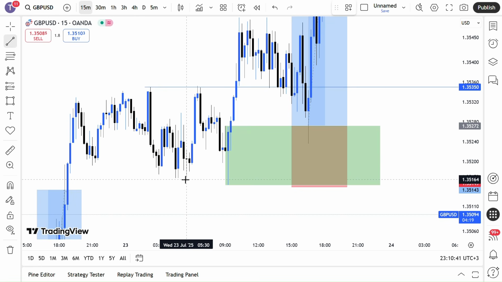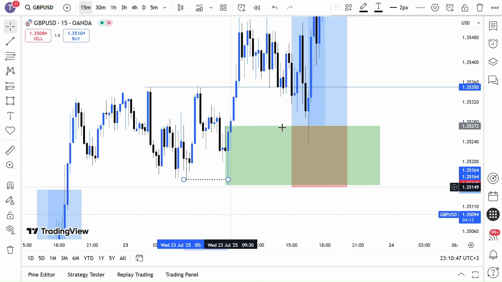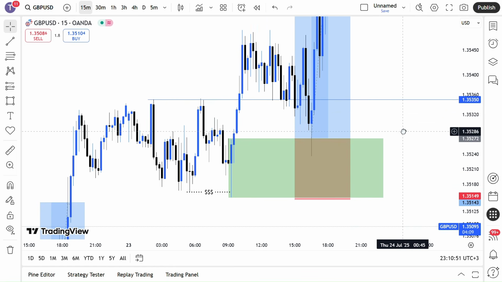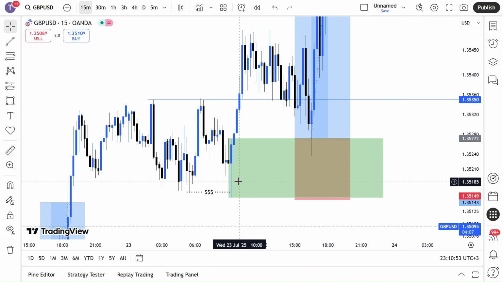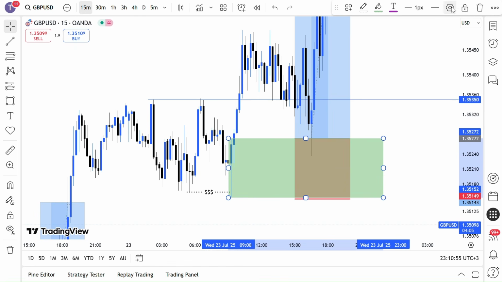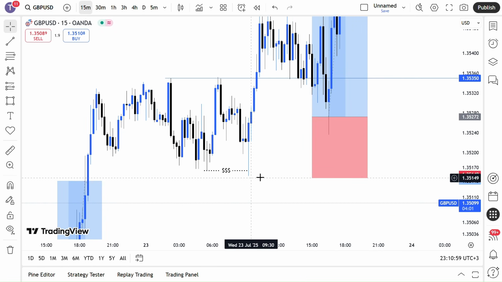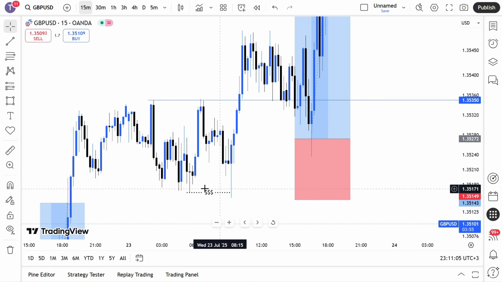Let me mark that sweep of liquidity. It is a very crucial sweep of liquidity. That is a sweep of liquidity down there. Before, let me delete this box so that I can show you the sweep of liquidity very clearly. So you can see very clearly the market came back down to sweep this liquidity, and then after that